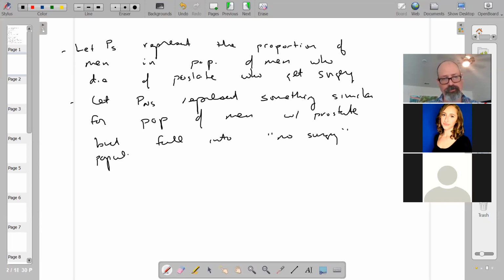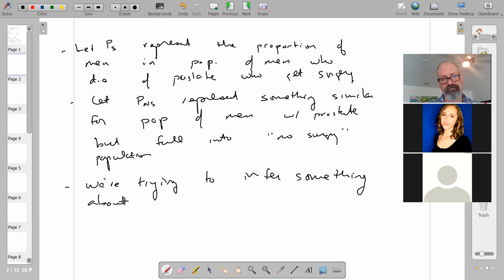So you have the two populations, and we're trying to infer something. In this case, we're trying to come up with a confidence interval. We're trying to infer something about P sub S minus P sub NS. So it's a difference of proportions that we're actually looking at in this problem,